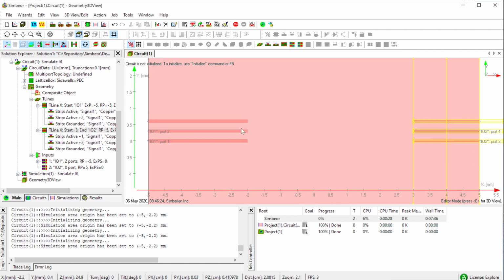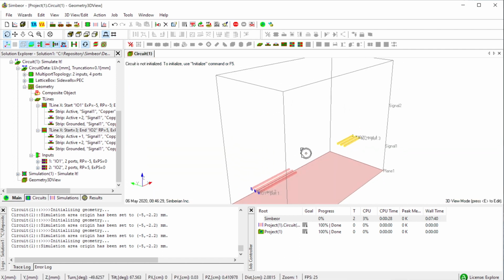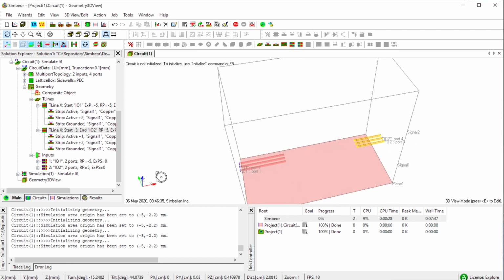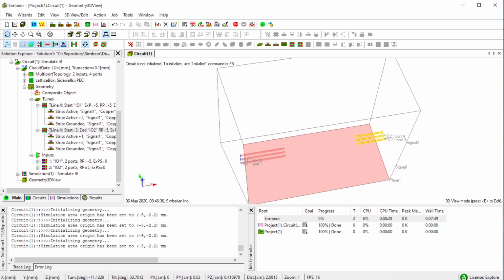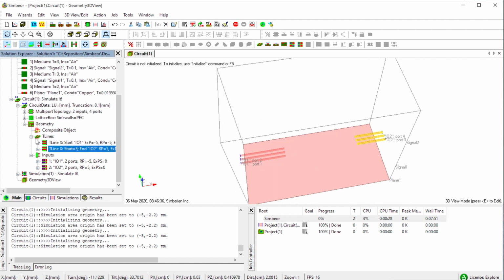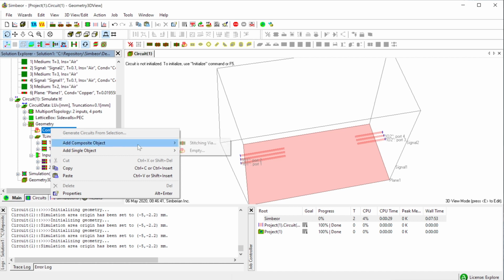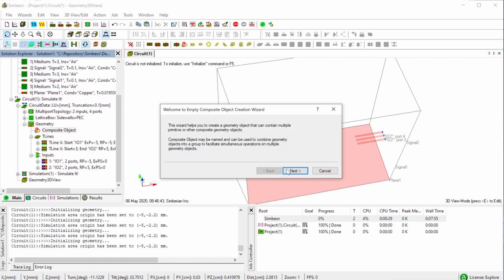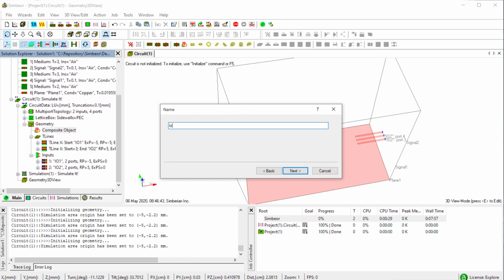So now I need to create a loop, and I switch from editing mode. You can see I need to create a loop right here, a couple of them, and one loop right here. To do this, I add composite object empty, call it loop. Okay.